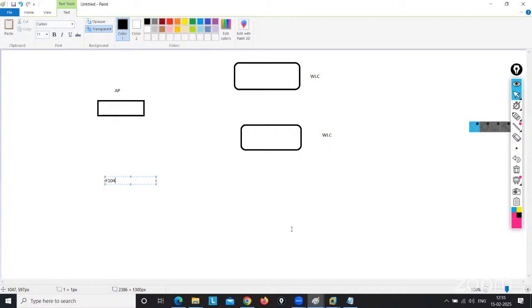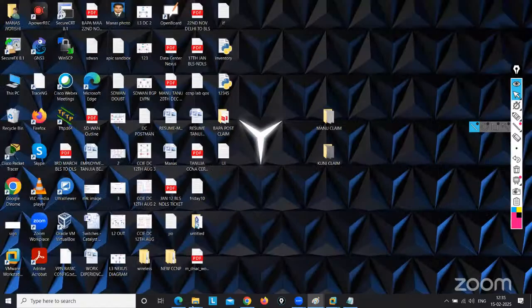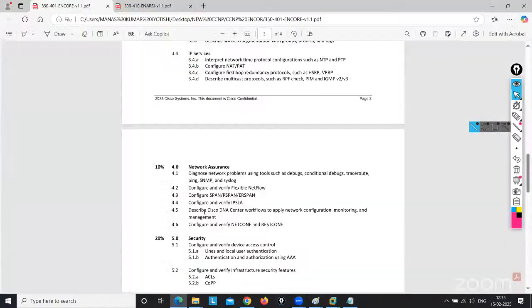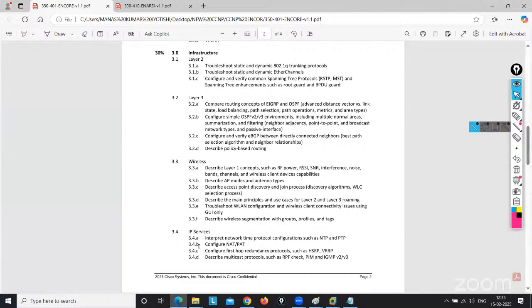And the same question I already told you. Suppose they ask, I have 5 WLCs and this access point needs to go to the Singapore one. How will it identify? Through the option 43, it will identify which WLC it needs to go to. I told you 2-3 questions, but a lot of questions from the Encore part, the wireless part, will be raised. I will let you know in the class. Okay? Yes. Thank you.